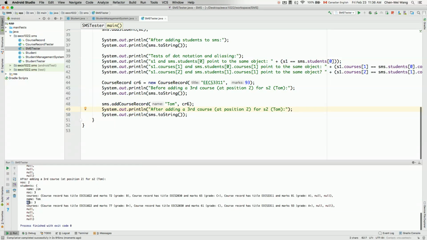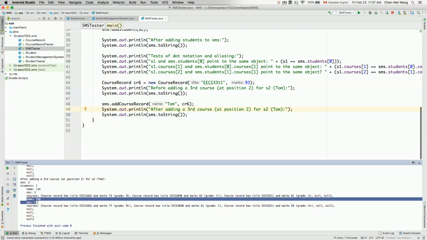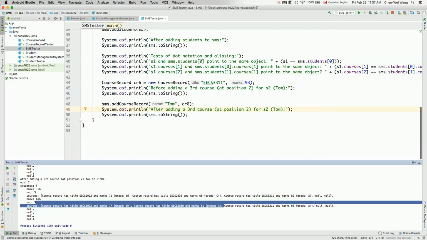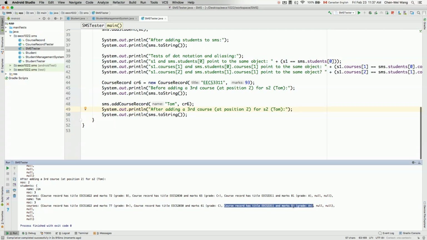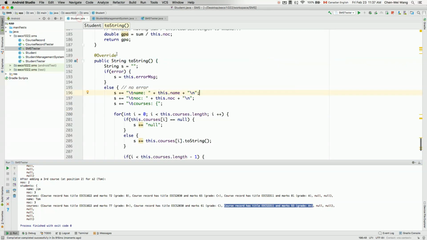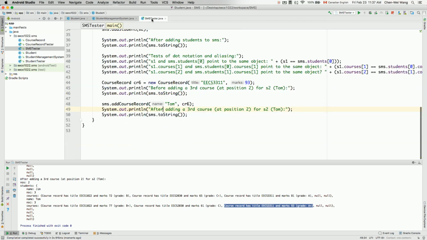Okay, you can see after that NOC for Tom is 3. So we have added one course, and this is exactly what we added, which is 3311 and 93 A+. Okay, hopefully you can see how it works. It does work. Okay, and then I'll also show you the debugger in just one moment. Give me one moment. Okay, so now before I do that, I'm also going to go back to